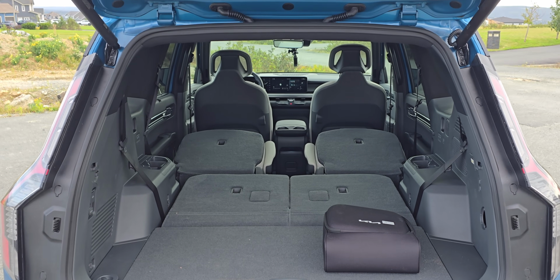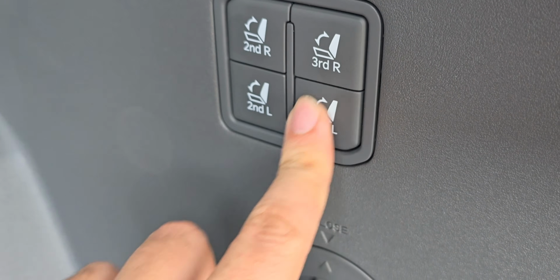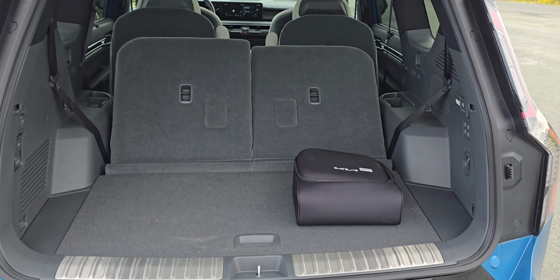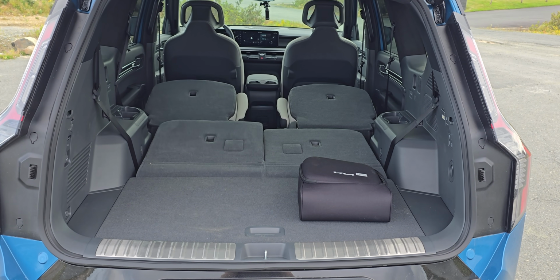The rear seats in this GT line are all powered, so they lower with this little console here. It's a bit slow, but they all fold down flat for a grand total of 81.7 cubic feet of storage space. There's so much space back here that you could easily sleep in it. It feels like the bed of a